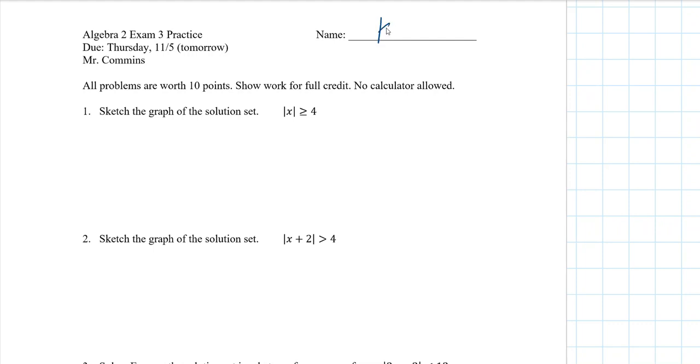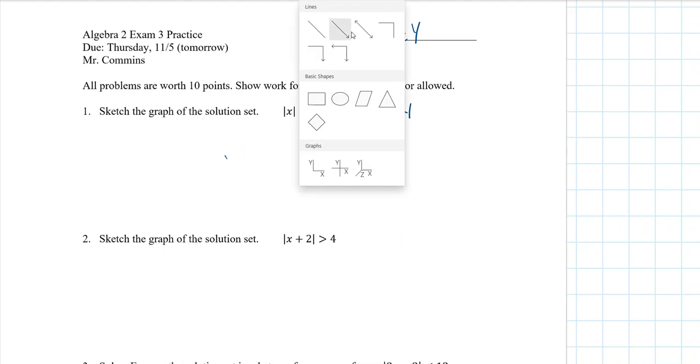All right, here's the key for the practice exam. Start with number 1. This could be thought of as the absolute value of x minus 0 is greater than or equal to 4. So these are all the points that are 4 or more units away from 0. So that looks like